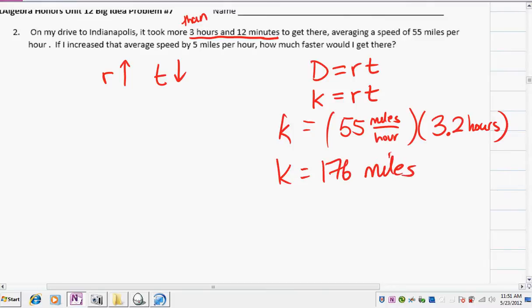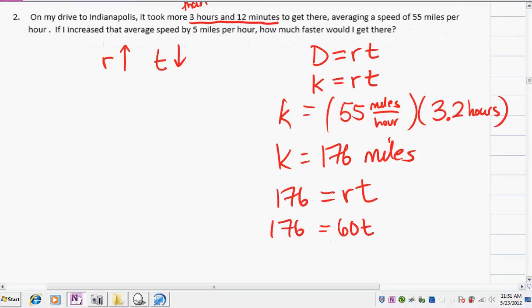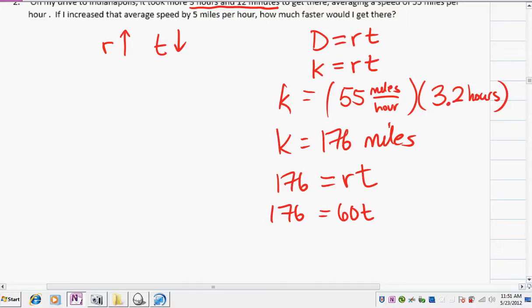Okay, so we know k is that, and in this specific problem, we know that 176 is equal to my rate times my time, as long as those are in hours and miles. So I increase my average speed by 5 miles an hour, which means my rate now is 60, and I want to know my time. So I can simply solve now. So time, when I divide both sides by 60, time is equal to 2.93 repeating hours,